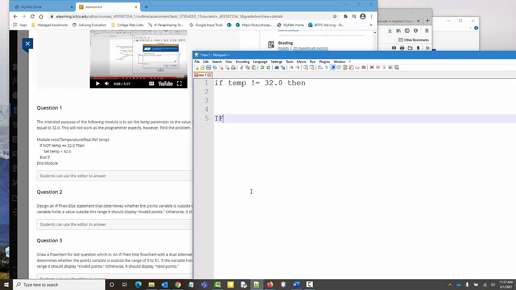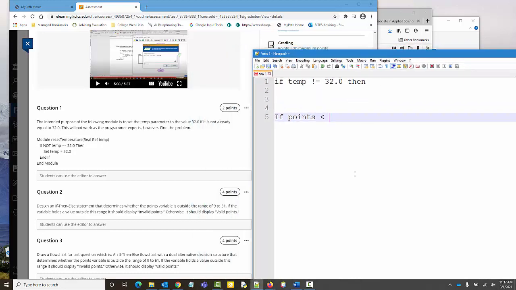If points less than 55 and greater than 9, then